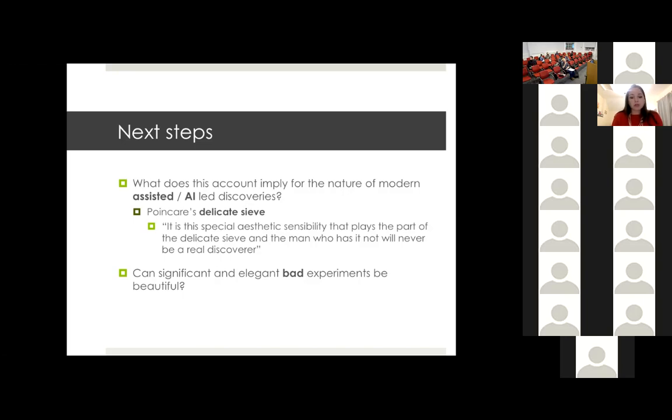Is the future looking quite grim in terms of aesthetic value? Are our future experiments going to be completely ugly and displeasing? Or will we have to think differently about the goals of experiments? Will we discover that ultimately these aesthetic features are completely irrelevant, and all we care about is that we get the goods, the results, and the machines are going to do a better job than us in delivering answers? Or are we going to find out that actually, to satisfy our goals, we have to implement these aesthetic values, so we won't be happy to just get